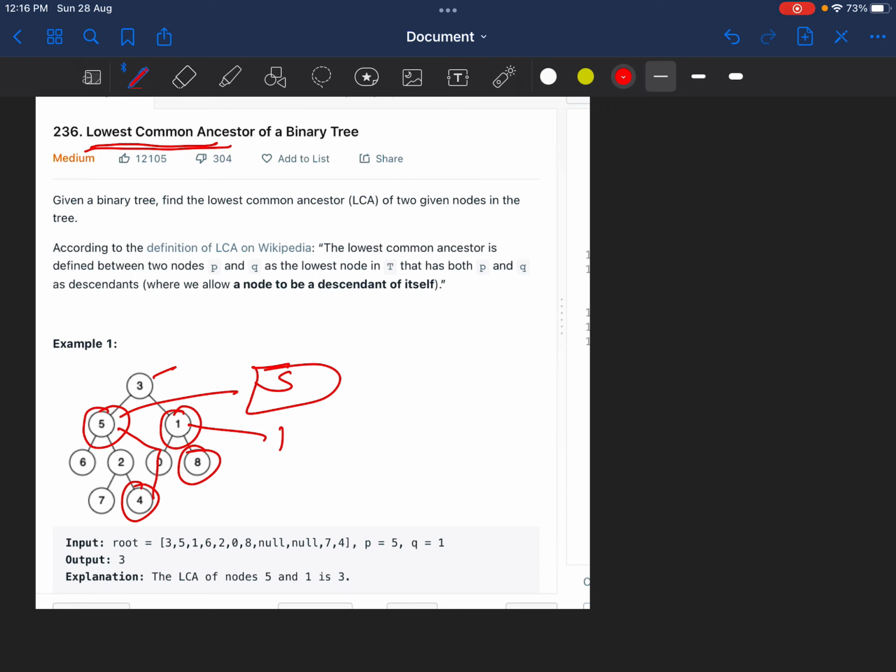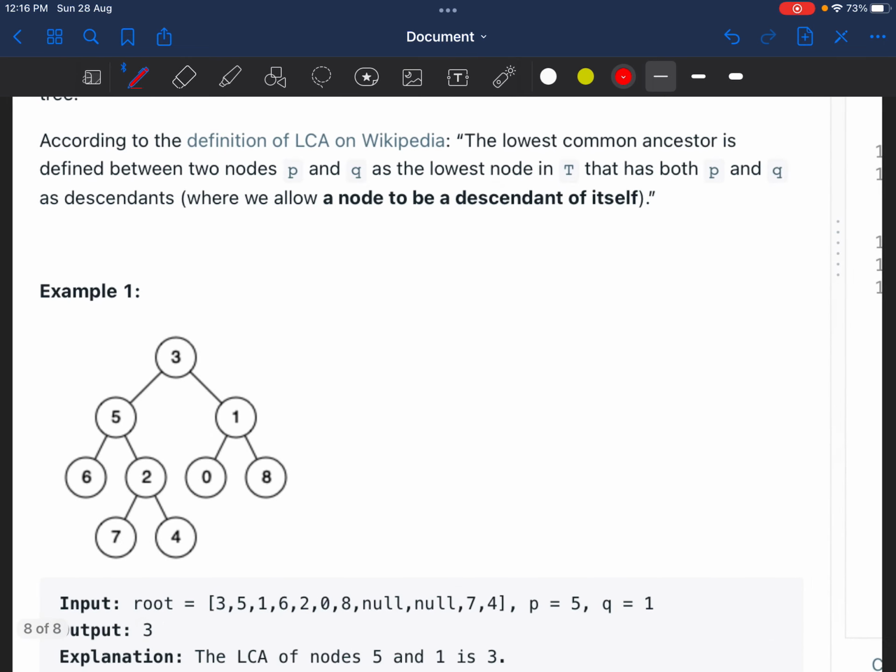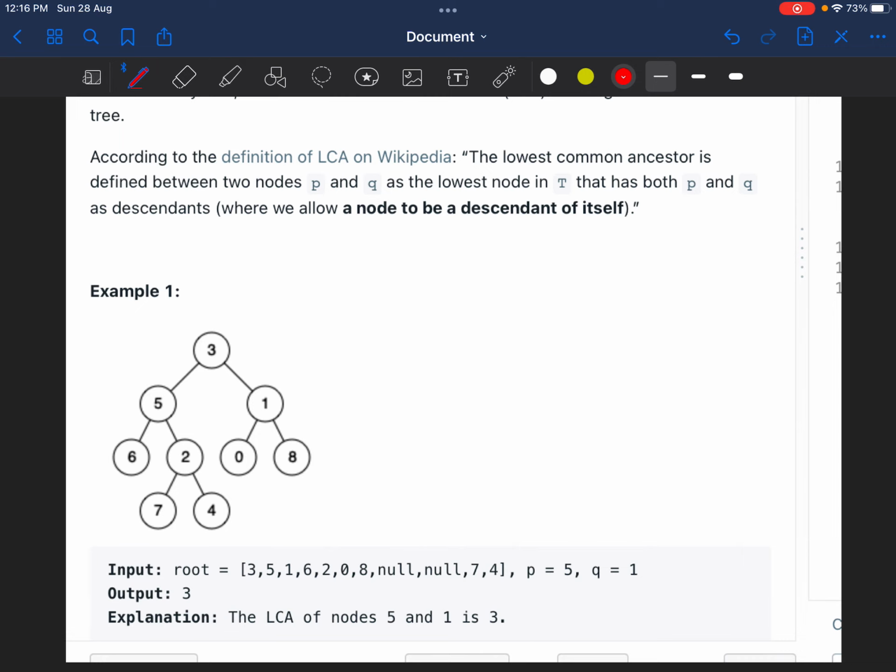So we will solve this problem using simple recursion in big O of n time complexity. What we can do in this question is figure out two things. We will make two calls for every node, for every root node. So what exactly do we need to figure out? From the left hand side,